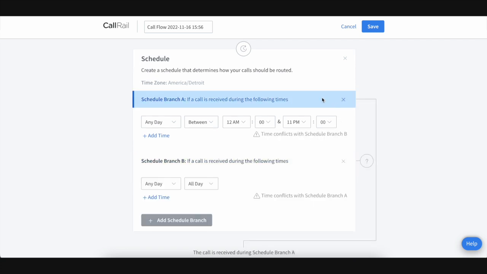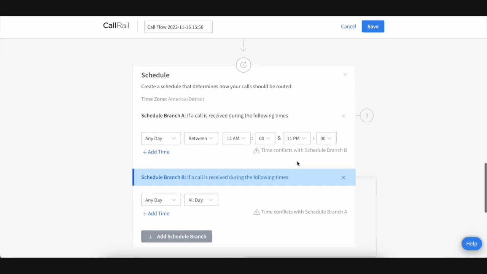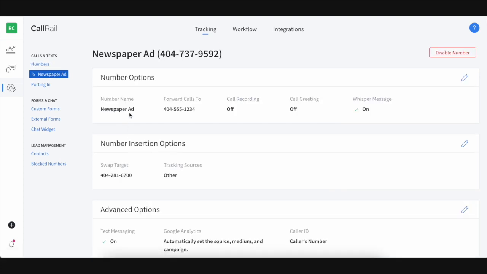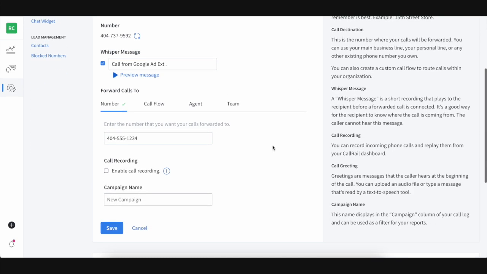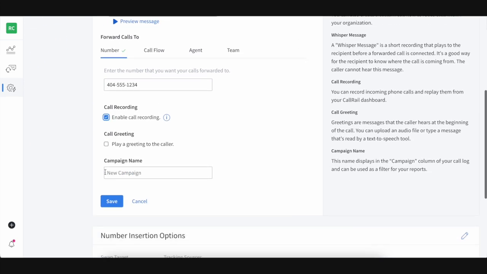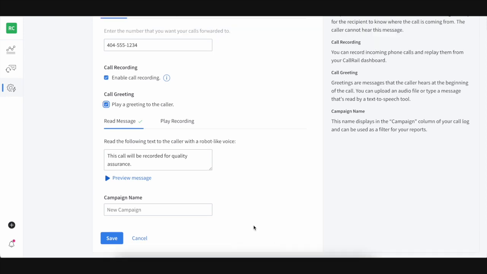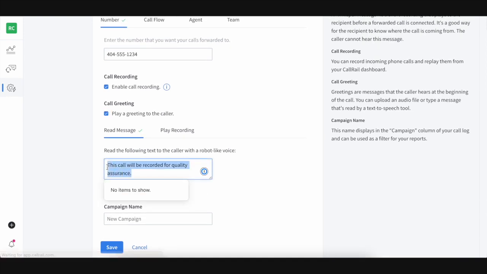Here in the call flow, we have the option to go ahead and enable call recording. And this will provide you an audio file of the call within CallRail. We also have this option included in the tracking numbers themselves. Under number options, under tracking, you can see enable call recording. Now, it is important to note that depending on the laws of your state and municipality, you may need to let your callers know that they're being recorded. We recommend that you do this in all cases as at